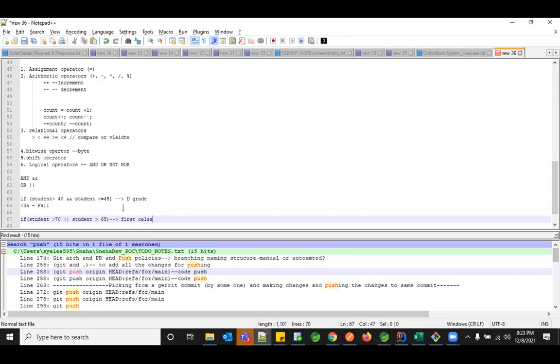Either greater than 65 or greater than 70. I can also simply write just greater than 65, but I'm just giving you an example. If either this condition gets satisfied or this condition, I can still mention him as first class. In that case, I can use this OR operator. That is why we use these logical operators in Java, mostly when you want to do some kind of evaluations.